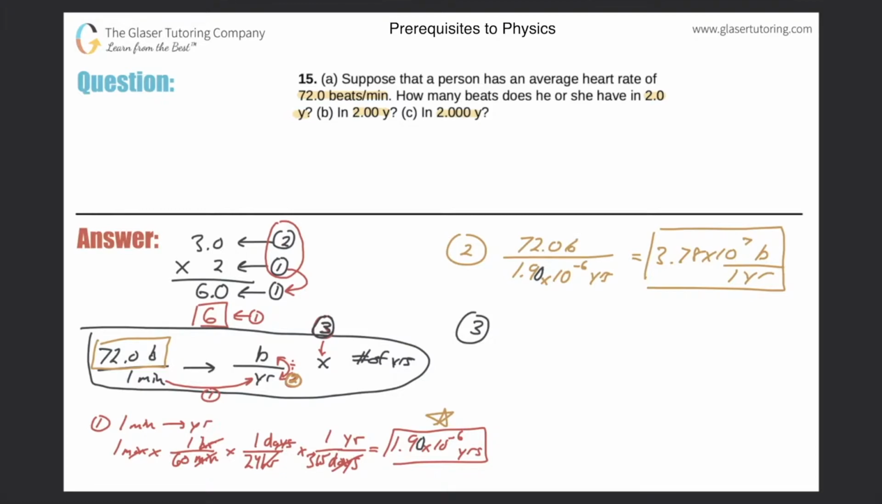So now let's take the beats per year, which is 3.78 times 10 to the 7 beats per 1 year. And now let's multiply that by, for part A, 2.0 years. Now notice the years will cancel, and that will leave me with beats. Okay, not the headphones, but the beats of a heart. So all I have to do now is multiply it together. So multiply that number by 2, and we get now about